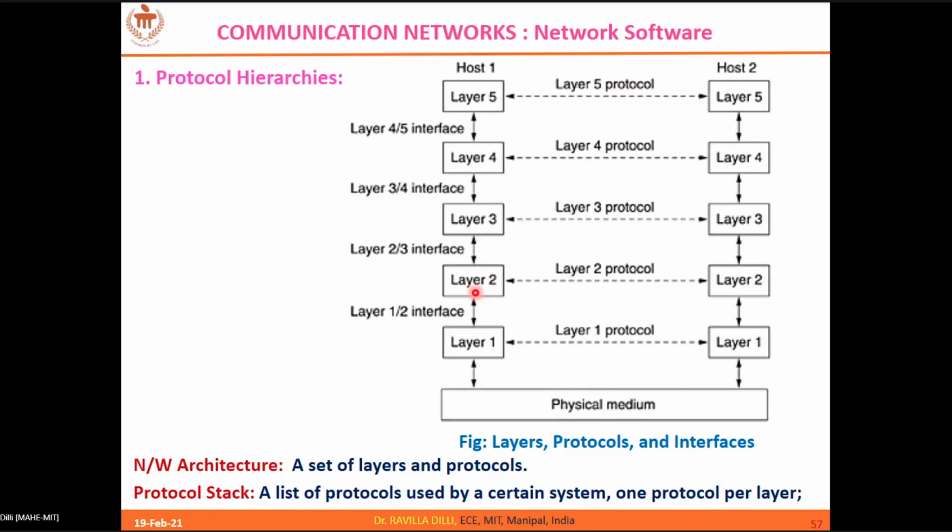So for example, security is offered. Layer 2 is implemented with, let's say, some security algorithm. So you take a security service, okay? You really don't mind about what technique they have used and how they have implemented it. All that is not required for you. Hope you understand this concept. It's called a layered architecture. Okay, so it's a layered architecture. The network software designs are usually decided in the form of layers.